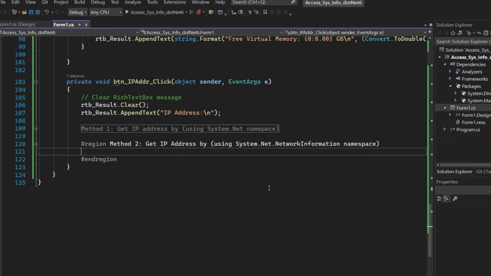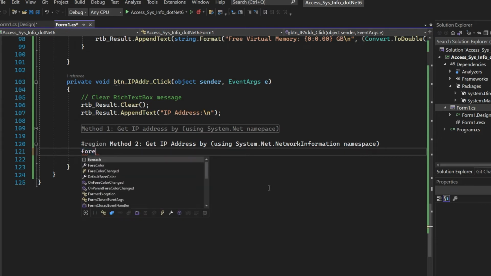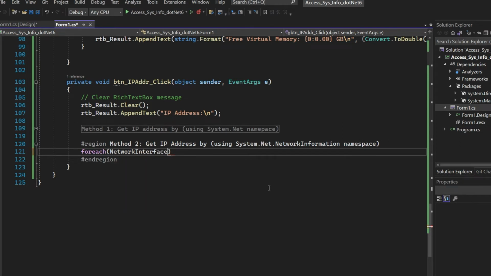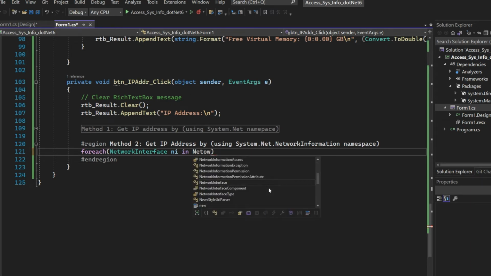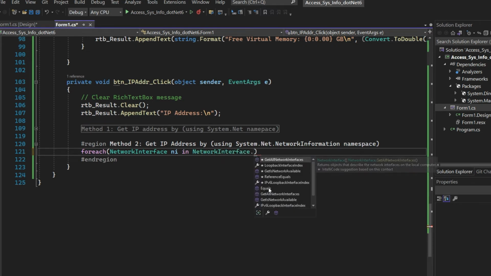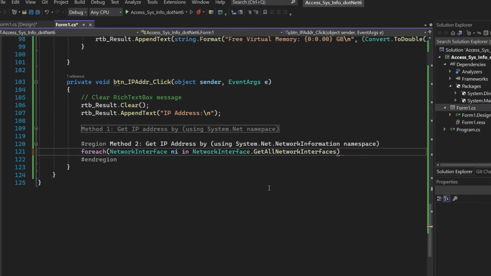We are going to use the foreach statement again, but this time we use it to get the network interface from NetworkInterface.GetAllNetworkInterfaces.